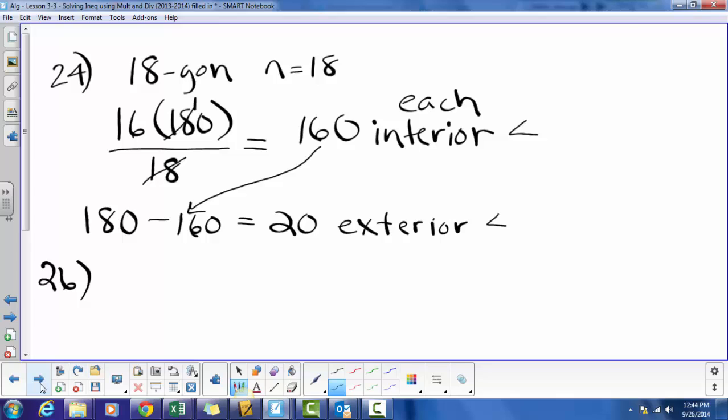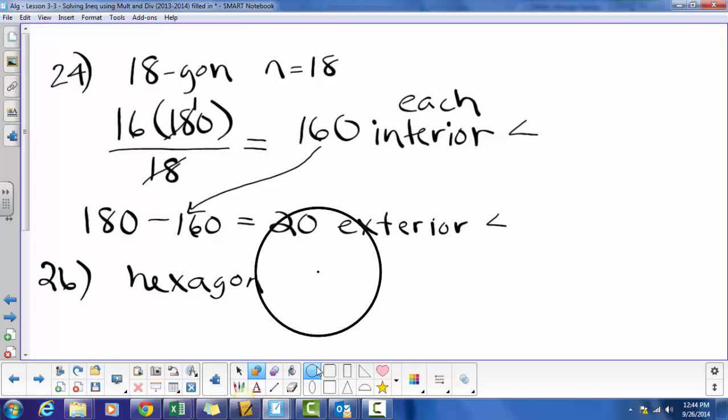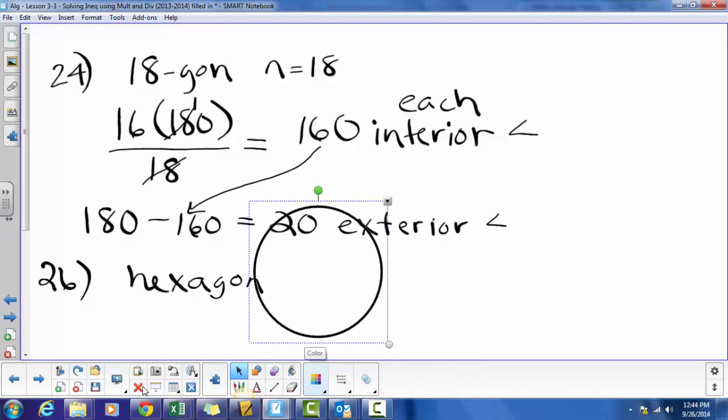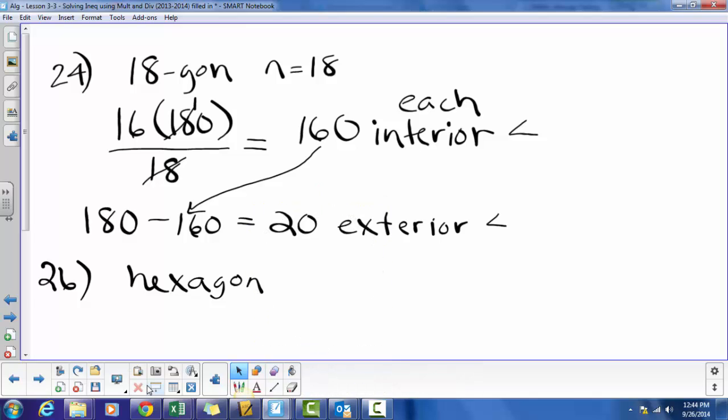Number 26. Maybe you didn't do 26. Sorry. Number 30. Number 30, you're supposed to sketch a hexagon using a protractor, and I told you guys not to worry about it. However, I am going to show you how to do that. If you were just to put a circle, never mind, we're not going to do that. So number 30 and